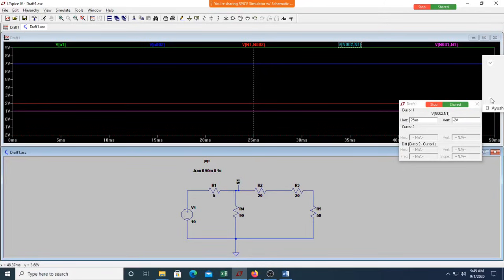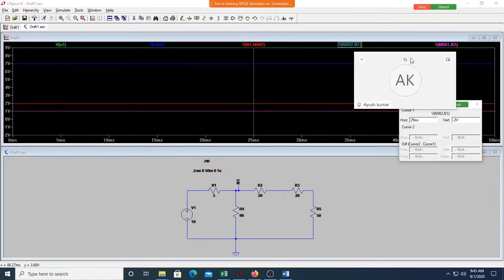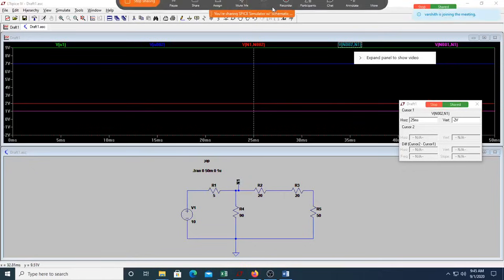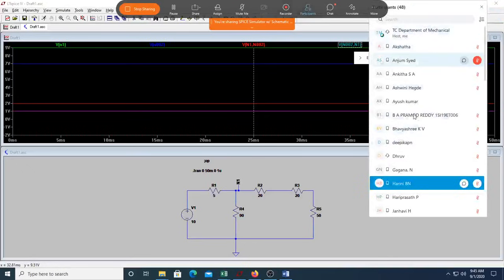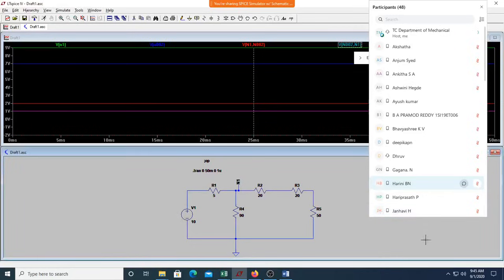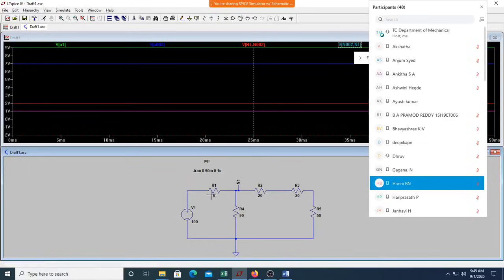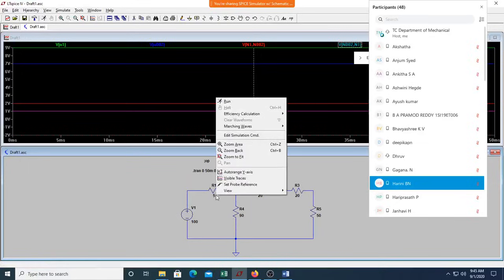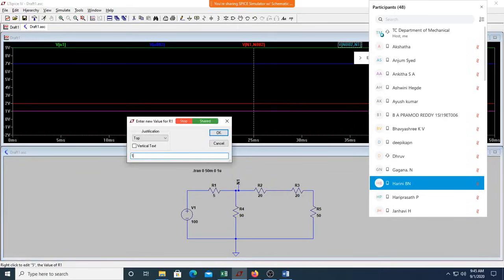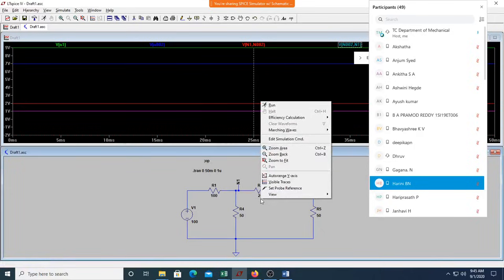Yes. Okay, let me pick one more student. Whom shall I pick? In just 2 minutes we're going to end the class. Suppose I change this voltage to 100 and let me make this 10. Okay, you take this as assignment for today's class. You are supposed to submit this. This is 100. Let me make this 50. Let me make this 10.